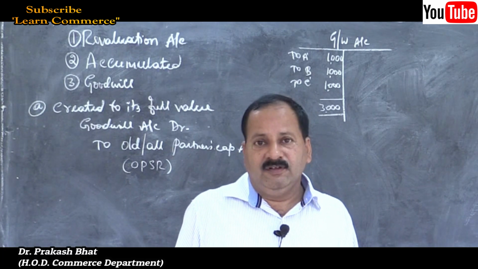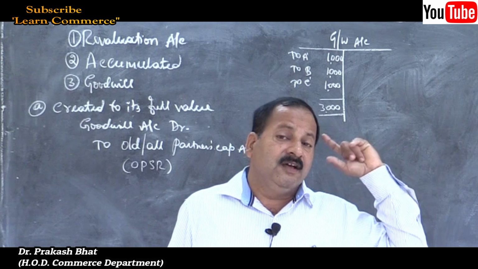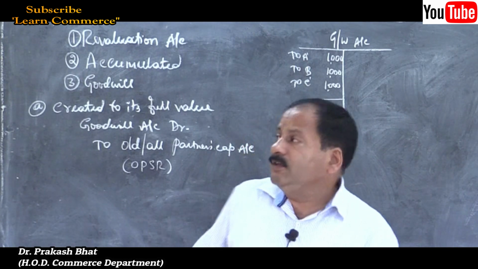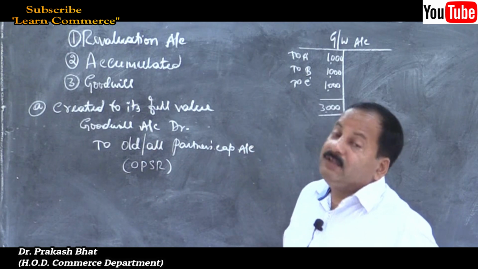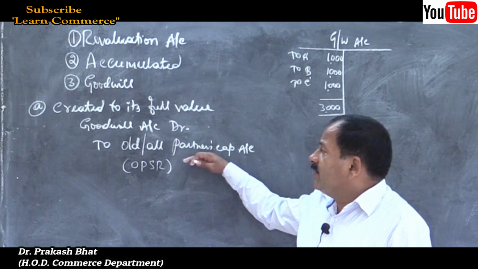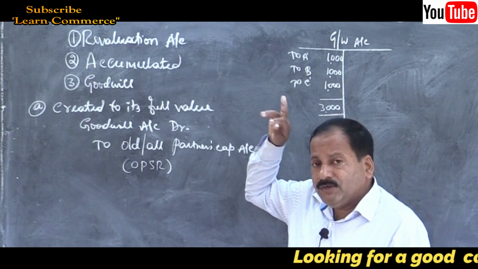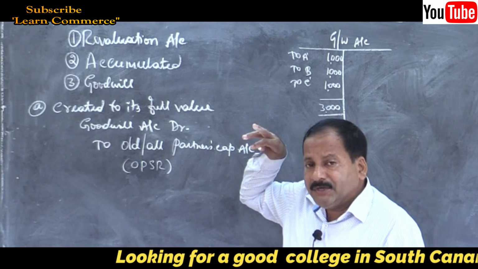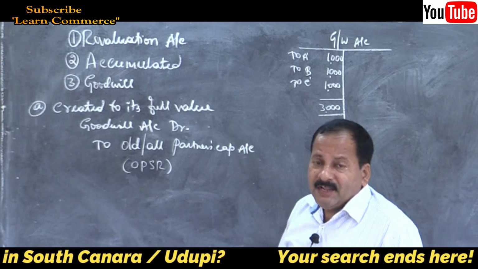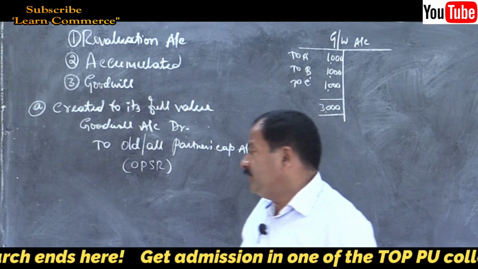Remember, in case of admission, the first two methods were related to the premium method, and the third and fourth were creation of goodwill. Here it is the third method of admission. Am I correct? Here we will give credit to all the partners including the retiring partner, but there we used to give credit only to the old partners' capital account, not the newly admitted partner. Yes, that is what we were doing.